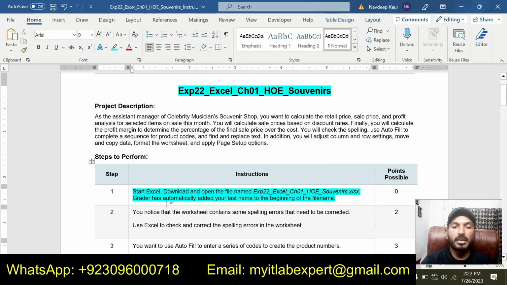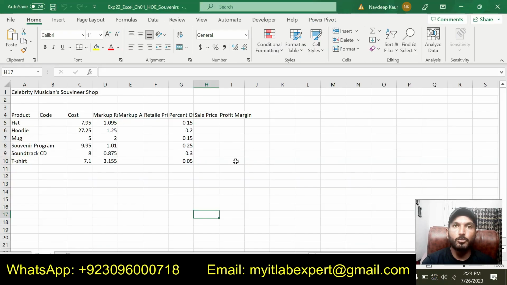Step number 1 is start Excel, download and open the file named EXP22 Excel chapter 1 hands-on exercise souvenirs. Grader has automatically added your last name to the beginning of the file. So this is just about downloading this Excel workbook that you can download from your MyITLab or Pearson dashboard.